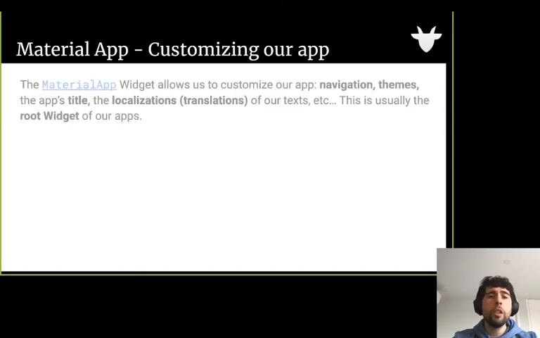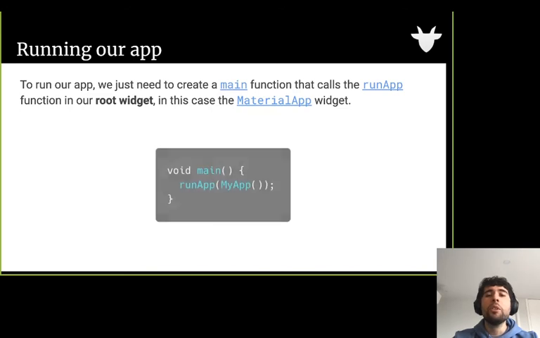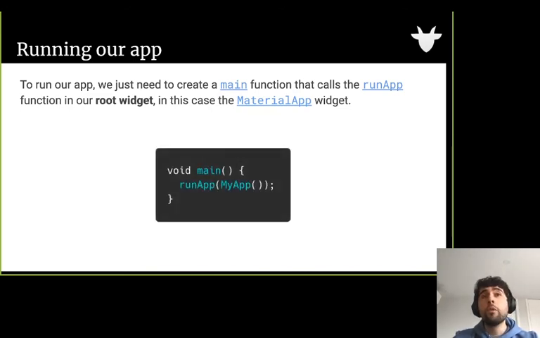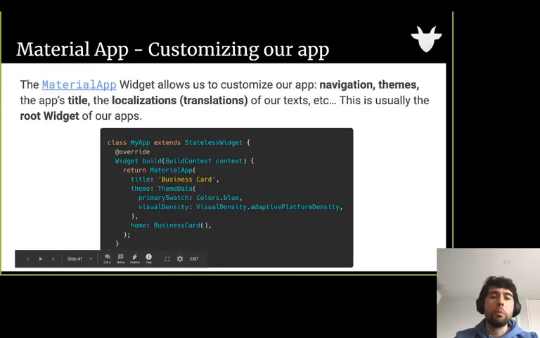Well, we can use the run app function. The run app function is going to be inside main, and usually for most apps, what it's going to do is to wrap the Material app widget. So we can read this in plain English. My main function, so the entry point of my app, is going to run an application called main app. And if we go to the previous slide, my app is a widget that will have all the specifications for my app, including the themes and the initial widget that I want to display.